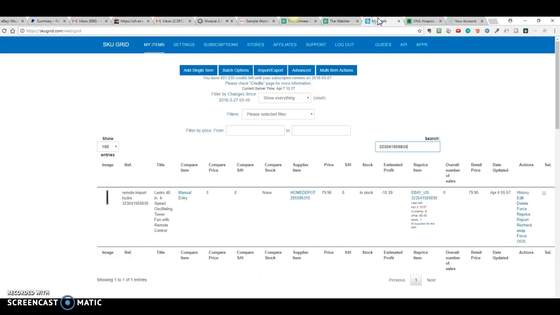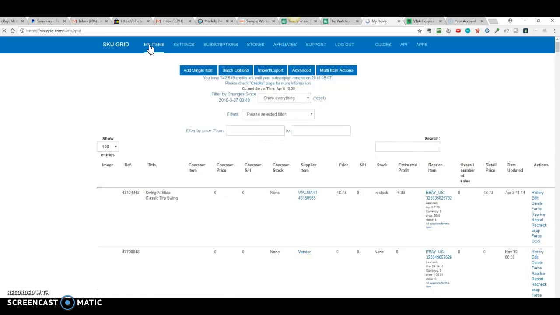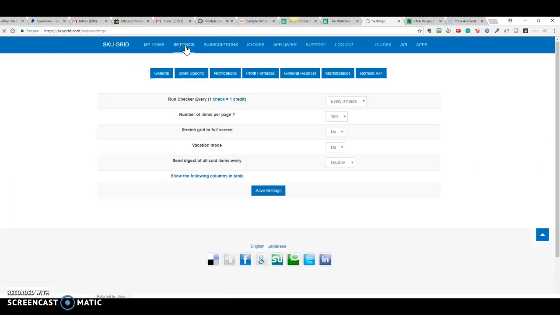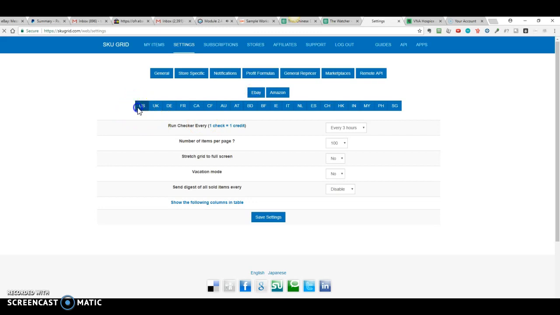So we go to, I'll just do it in SKU Grid first. You're going to want to come up here to My Items, and then it'll basically list out everything you have on SKU Grid. And then you go to Settings, and then you go to Marketplaces, and then you go to eBay, eBay US,